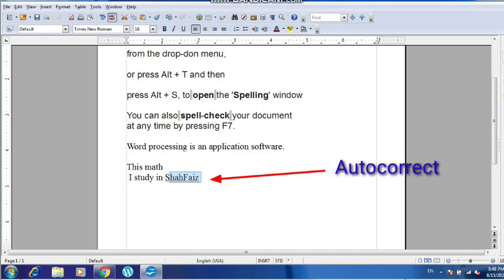So students, I have told you how you can do a spell check by the auto spell check feature, and you can go to the Tools menu also and check the spelling of your entire document after writing it. And also you can use the autocorrect feature of the spell check, which is very helpful if you forget or if you make a mistake writing a particular word every time you work. So you can add it to the autocorrect feature, and it automatically corrects the text inside your document whatever you write wrong every time.